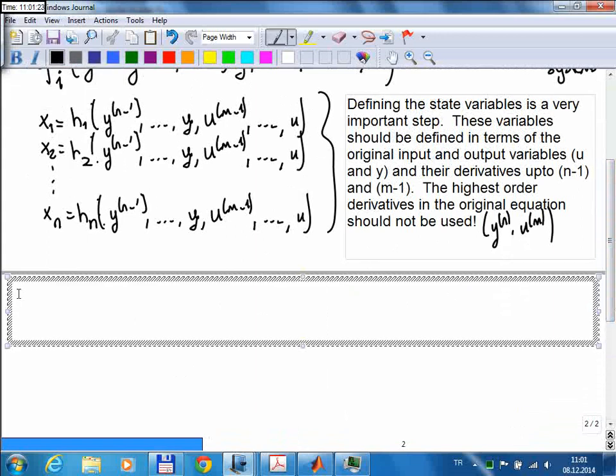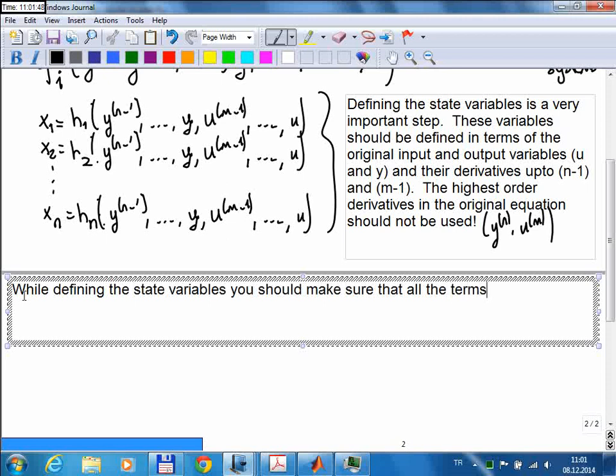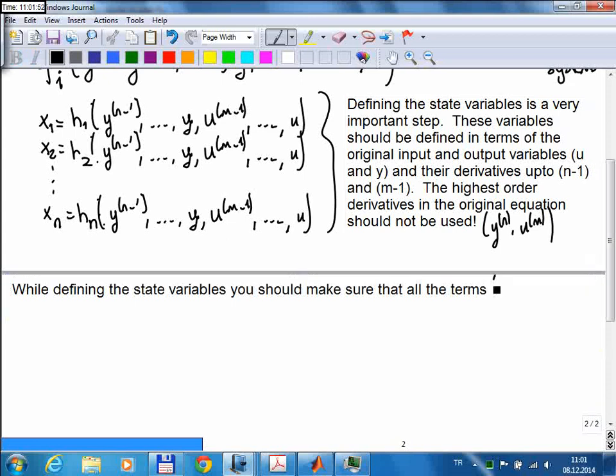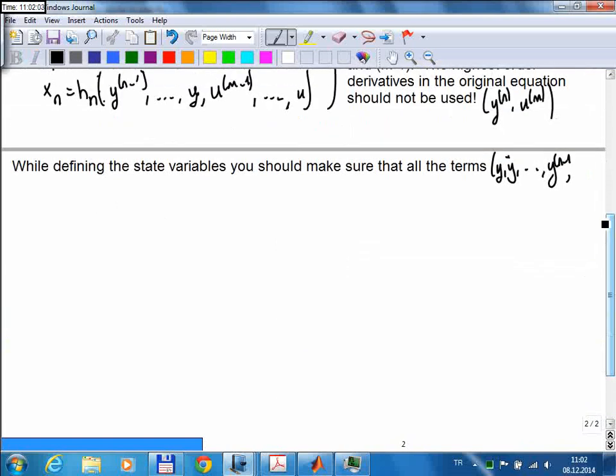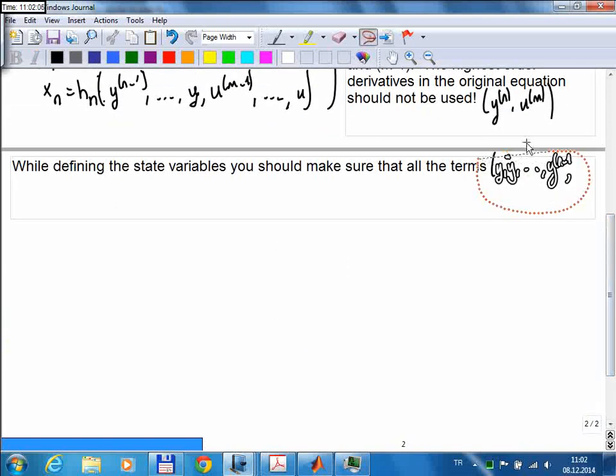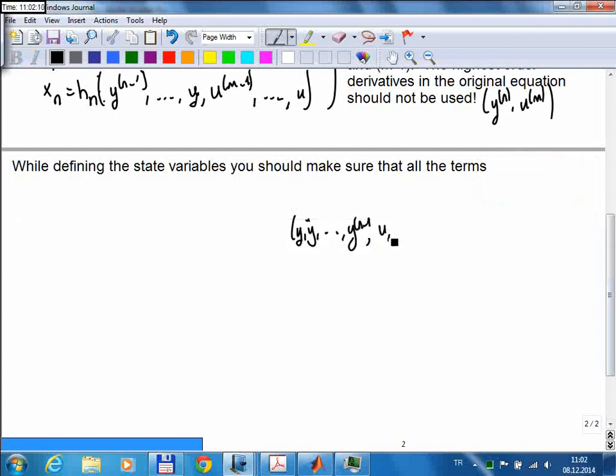And another important point is that while defining the state variables, you should make sure that all the terms, I mean these terms, y, y dot, and derivatives up to y, m minus first, and u dot all the way up to u m minus first derivative